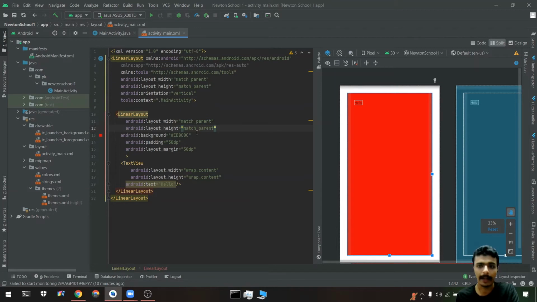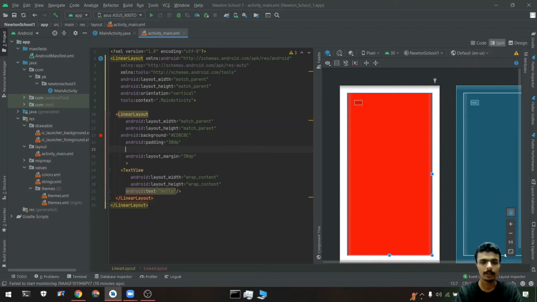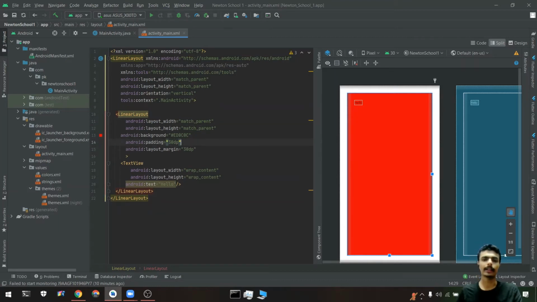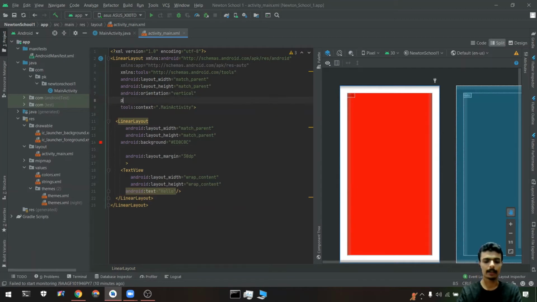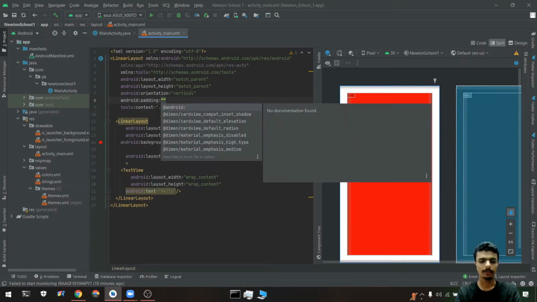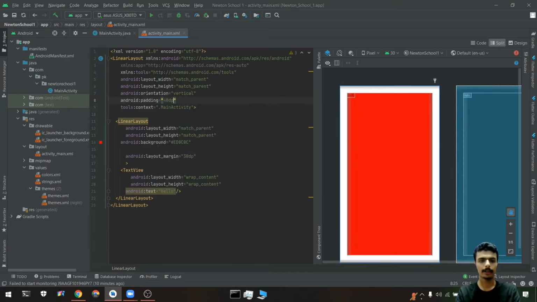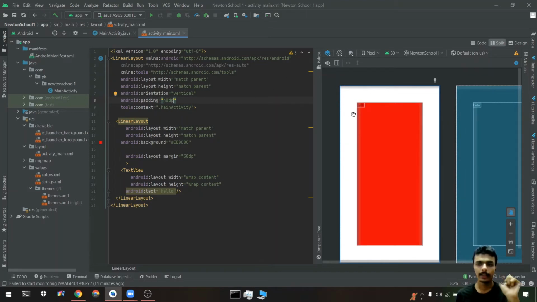Okay, but the padding doesn't work like this. Padding doesn't help you with the 30 dp and everything. If I write this padding in this part, padding of 40 dp, suppose.